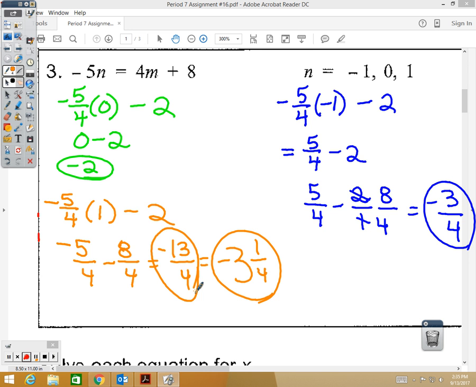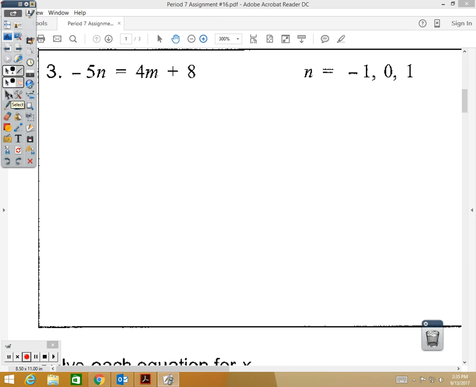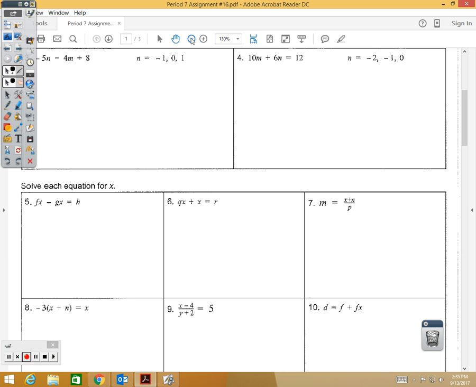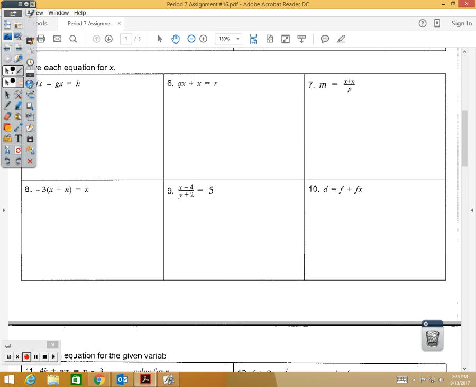All right, let's look now at the next section. In the next section, you have these literal equations with a lot of different variables. But we want to get in all of these equations the x by itself. The x by itself. So some of these we did problems that were almost identical to them in the notes